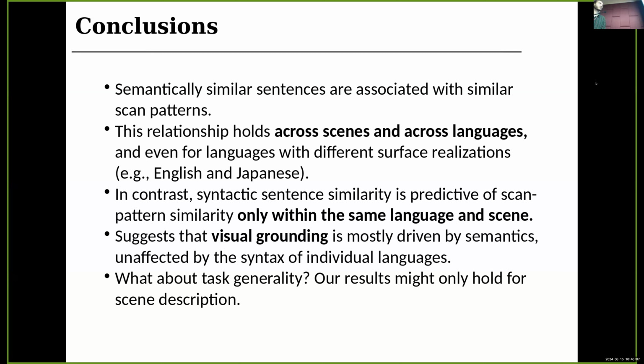Hi, thank you for the talk. I wanted to ask if you noticed any typical images that lead to more variation in what is being looked at and what is being said across languages. So maybe one image gives you higher correlation scores, but another image somehow elicits more variation. And would that affect the correlation between scan path and the sentences, but also across languages?